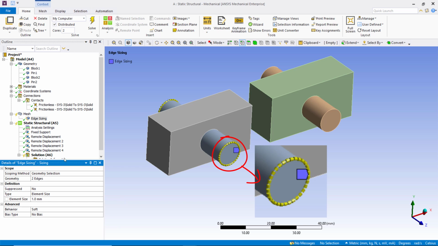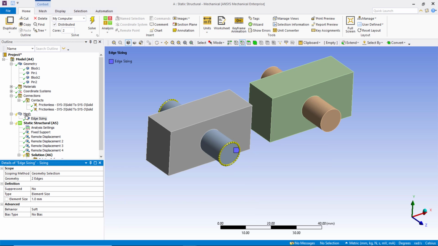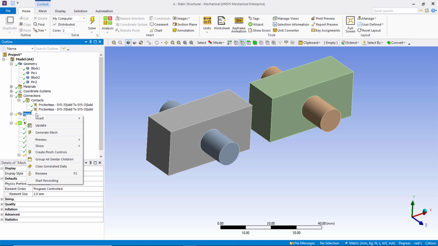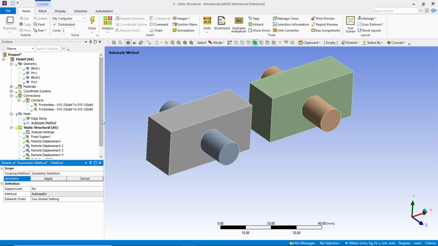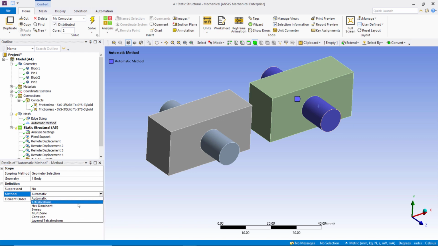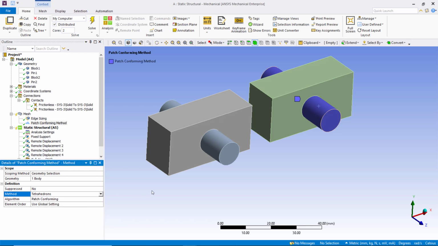To mesh the pin in the second assembly with tetrahedral elements, right-click on Mesh, Insert, Method. Activate the Body Select option, select the second pin and click Apply. Set the method to tetrahedrons. Since our region of interest is the portion of the pin which is in contact with the block, we will insert contact sizing.